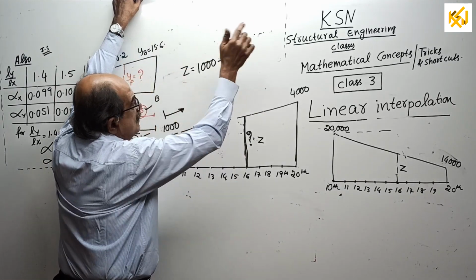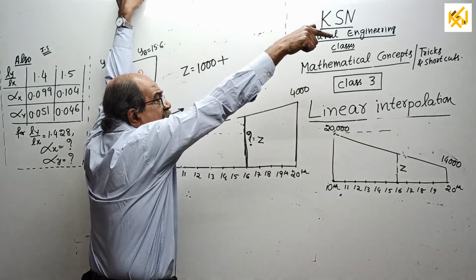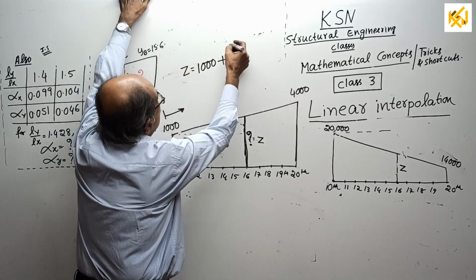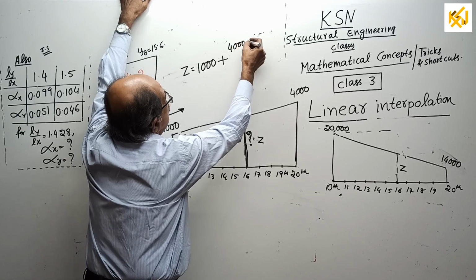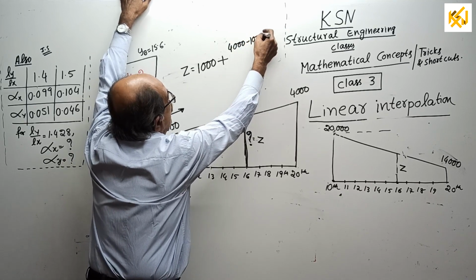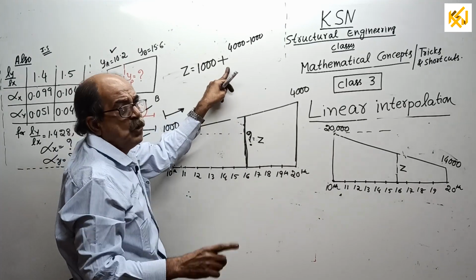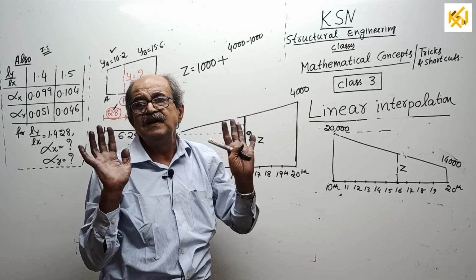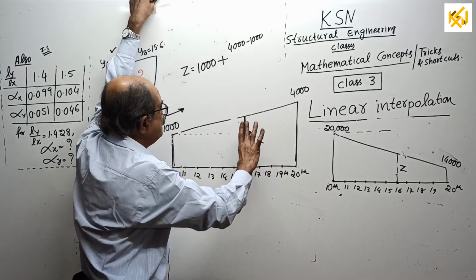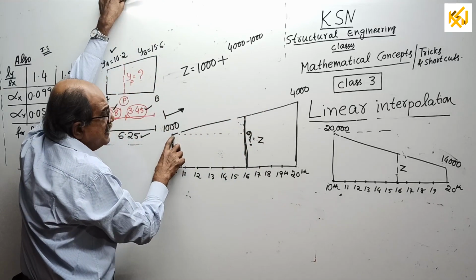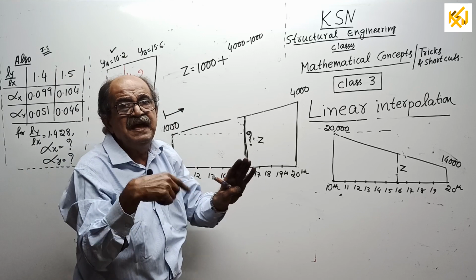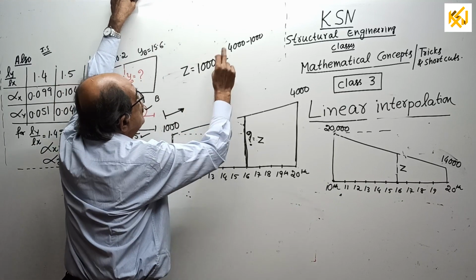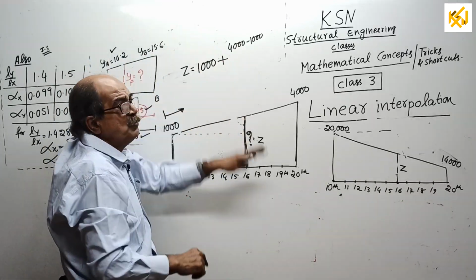Stop there. See there. 4000 is the last value. 1000 is this value. From 4000, subtract 1000. After 1000, when you reach here, how much did it increase? If you want this ordinate, what do you want? This is 1000. When you reach here, how much it increased, that much you add to 1000. So, to 1000 you have to add how much it increased from here to here.